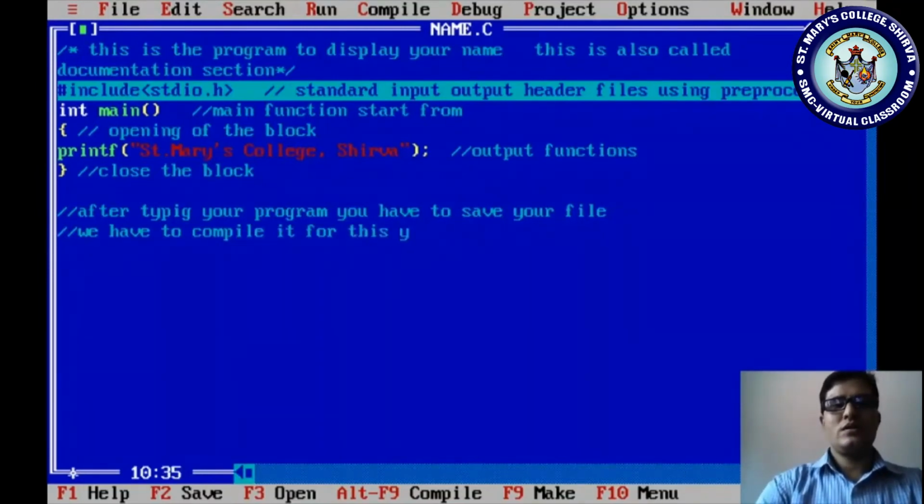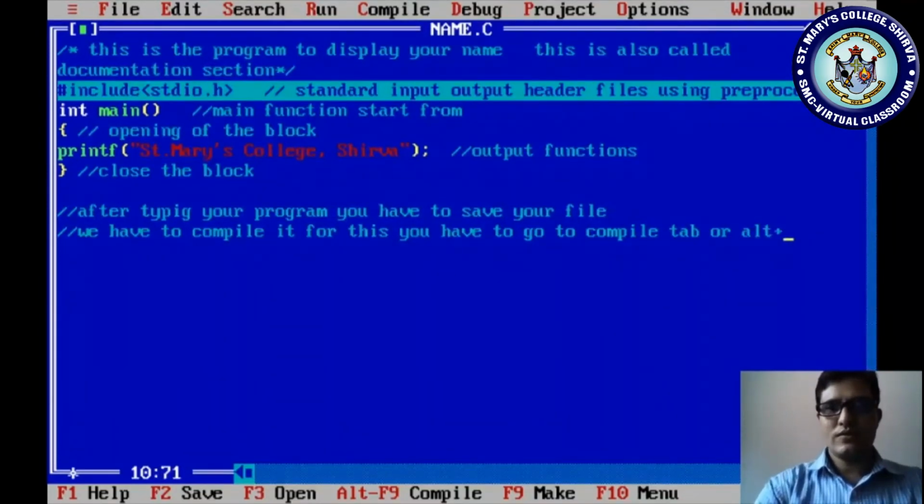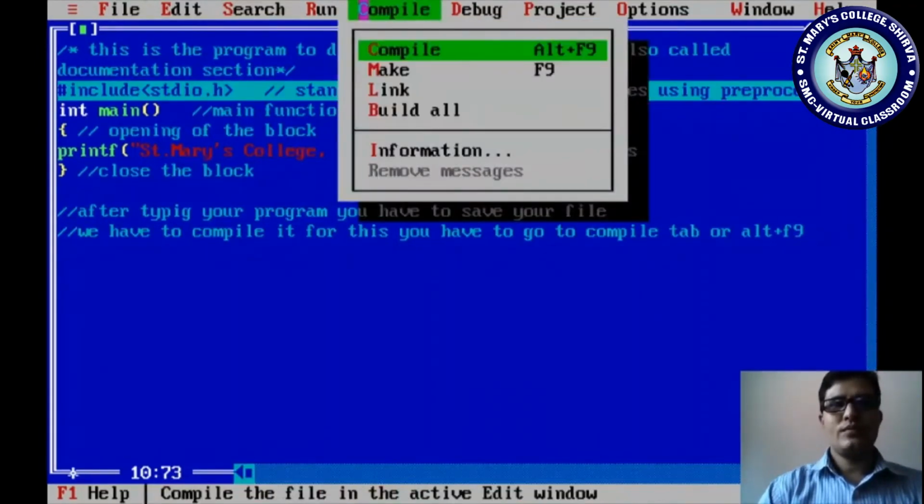So the program has successfully run. Now after running that, we have to view the result. To view the result, press Alt plus F5. So I'm pressing Alt plus F5. So this is our output. Okay. If you press Enter, it comes back to the editor.